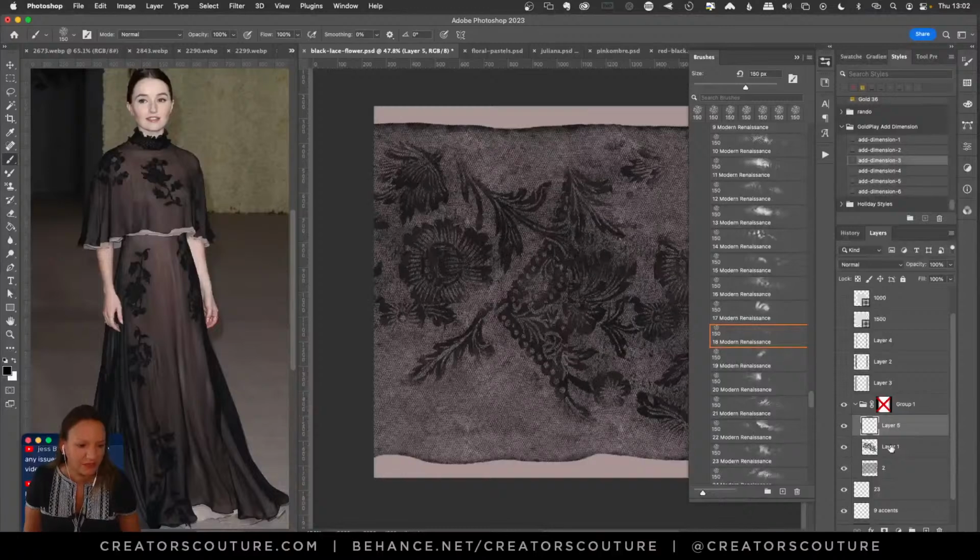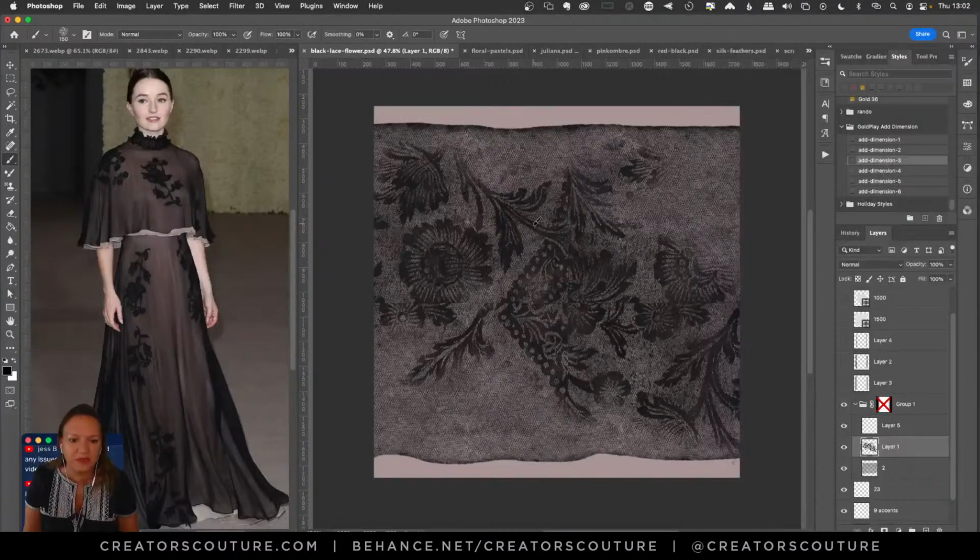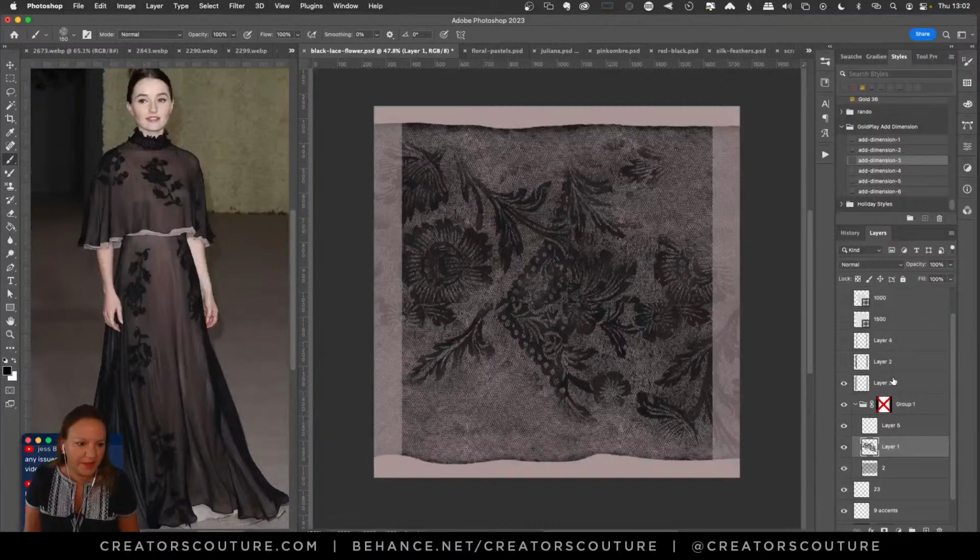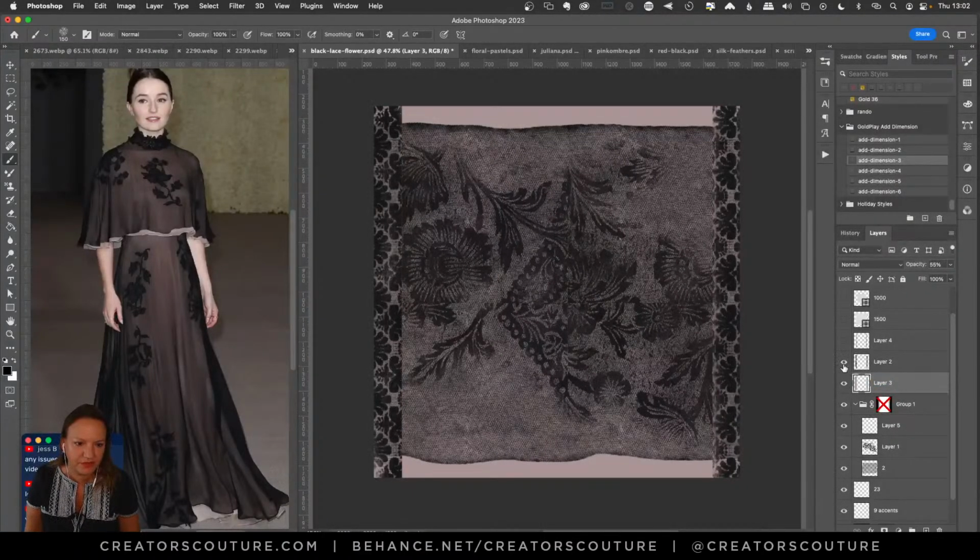I don't exactly remember which brush I used here, but I created it. It's one that had the little motif in it, so I was like, cool, I like it. And then I was like, oh, it's got this little edging here. How can I adapt that for my template? So I put these little layers over here.